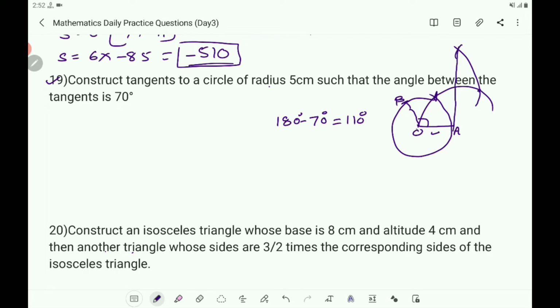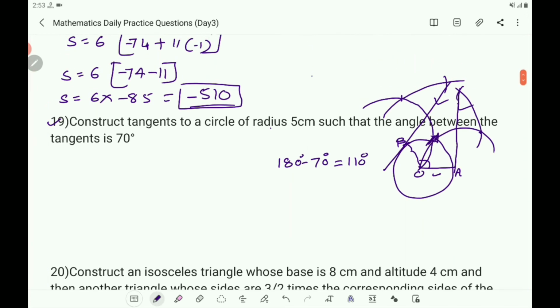Similarly, with the same radius, draw the curve here, and these two curves meet at a point. With the same radius, draw the curve here, and with this center cut this curve, and you will get the tangent here. And the angle between those two tangents, after joining them, you will get an angle, and that angle will be